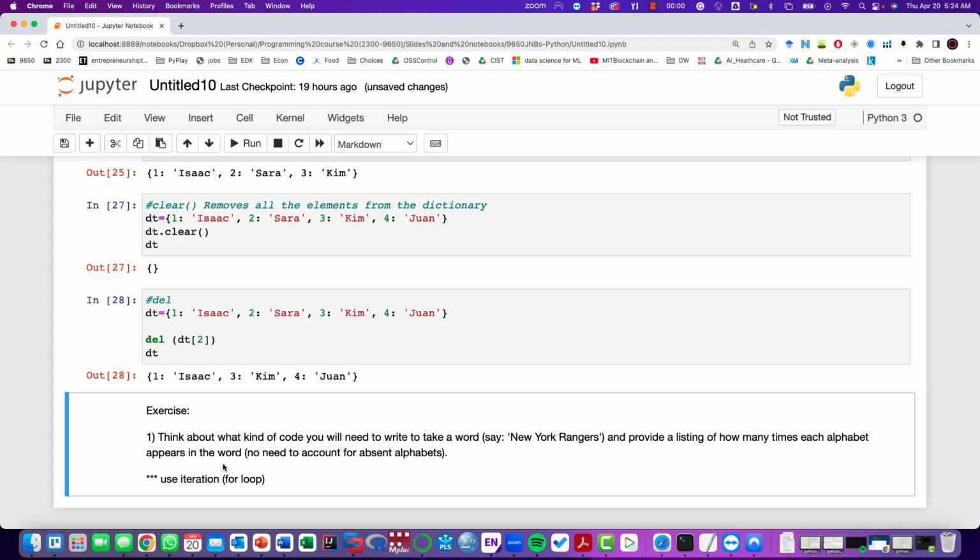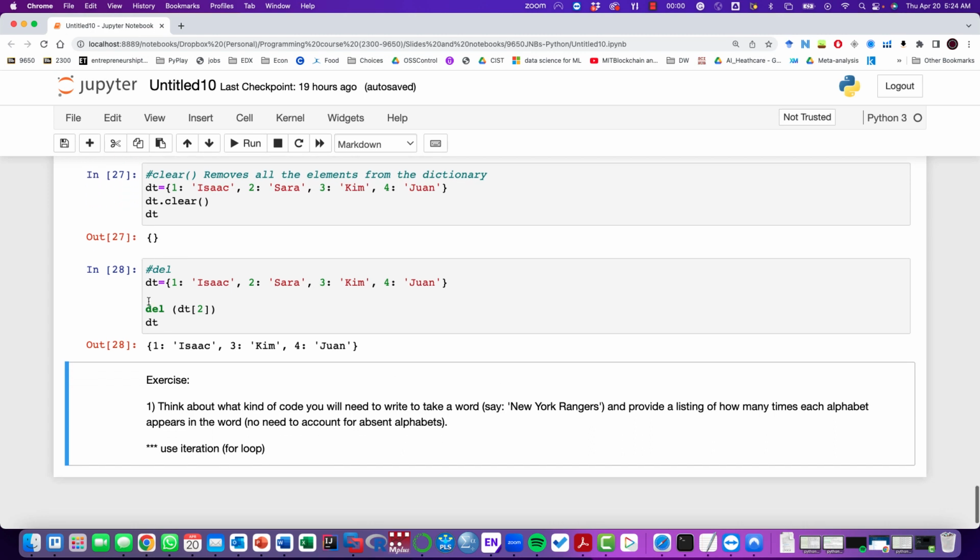And I would like to form a dictionary where the keys are going to be the characters and the values are going to be the number of times an alphabet has been repeated in this. So for instance, I want to have a dictionary that has the letter N, and maybe N capital is going to be counted 1, and N also lower caps is going to be considered as 1. So let's see how we can solve this problem